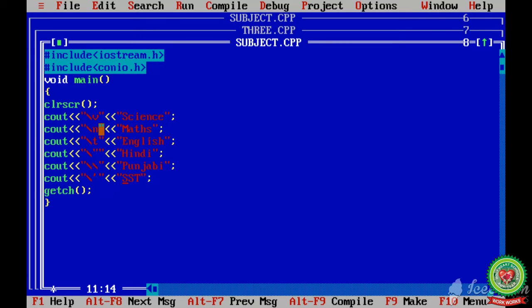Next I have used \n for new line, \t for horizontal tab, \" to put the double quotes in front of Hindi, and double slashes to put the single slash, and \' for placing the single quote.